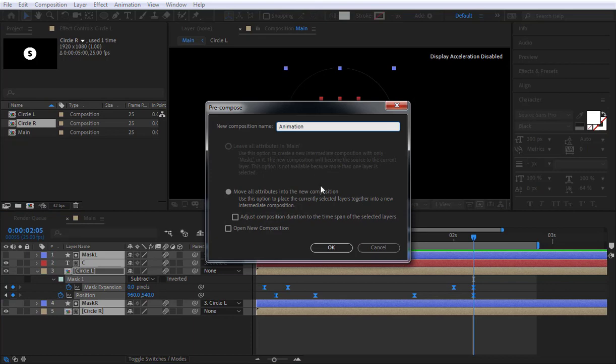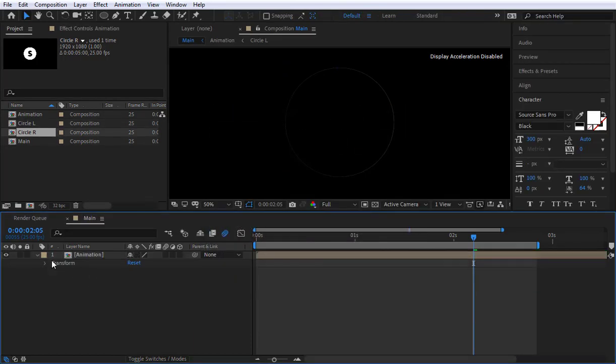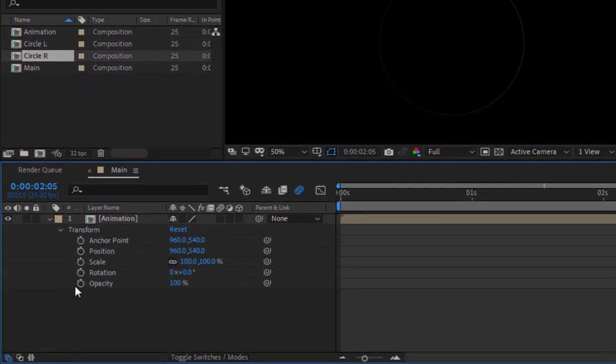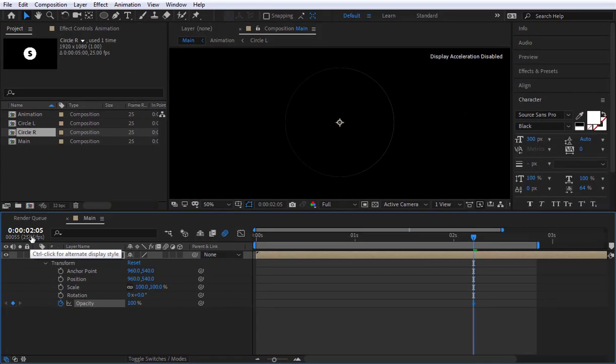Animation. Hit OK. Open up the properties in here and then transform. And as you can see, opacity, just hit stopwatch for opacity at 2 seconds and 5 frames. You can come back, turn this one. Okay, so this one is 100, this one, and the next